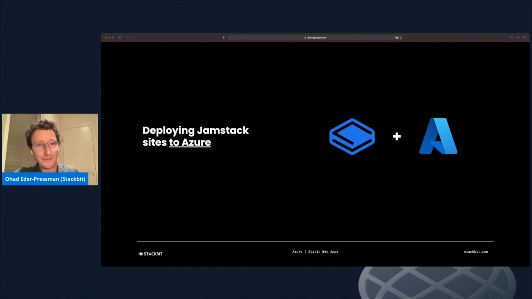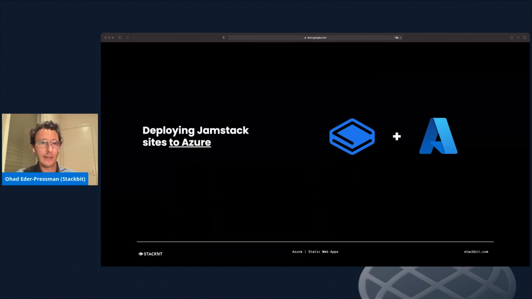The Azure integration is something we're very excited about because we're all about empowering developers to deploy anywhere that they want. And we know that especially for SMBs and enterprises, deploying to Azure can be a very valuable thing. So I want to do a quick walkthrough mainly of what it looks like to set up a StackBit website from the Azure side, right? Because there's a little bit of configuration. You've got to copy this, you've got to move it here. So I want to take you through that pretty quickly, and would love to answer any questions that folks may have after that.